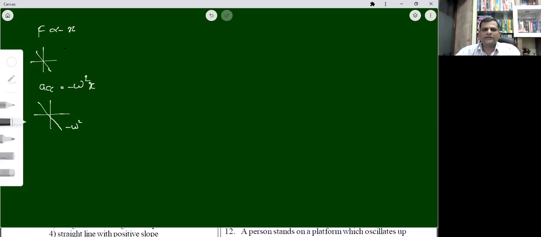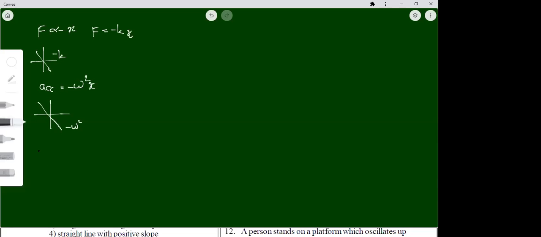Okay, and here also the slope will be actually minus k actually, because f is equal to क्या होता है, minus kx होता है, right? Yes. Also the graph between